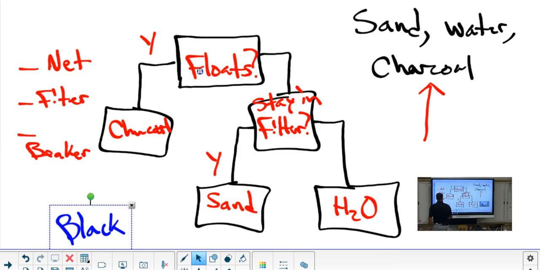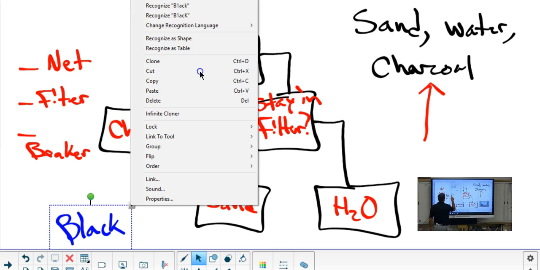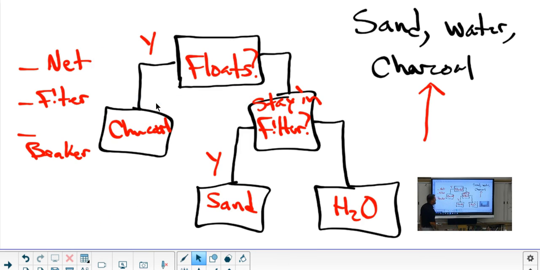last hour I asked them to do a flow chart to separate sand, charcoal, and water, which you did in regular chemistry in a homework problem. So we came up with a flow chart like if it floats. And a lot of times we want to make a flow chart that's actually usable. Like if you do these steps, you could actually separate things. So the first one, could it float? Because charcoal will float on water. And then we said we would like skim it off with some sort of net. Kind of all right with that?